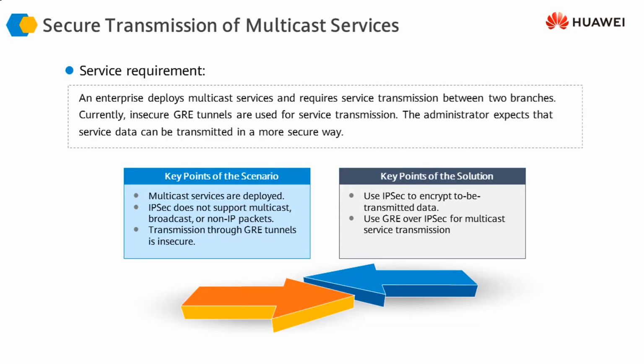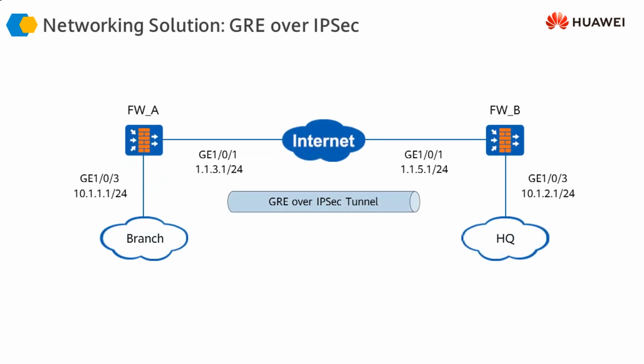So GRE over IPsec can be used for secure traffic exchange for multicast traffic. So if there is any video traffic using multicast, we can secure that using GRE over IPsec. For example, in this scenario there are two devices, once again, headquarter and branch office. They want to exchange multicast traffic, and multicast traffic will be encapsulated in GRE, and then GRE will be secured using IPsec. We have to implement GRE over IPsec.